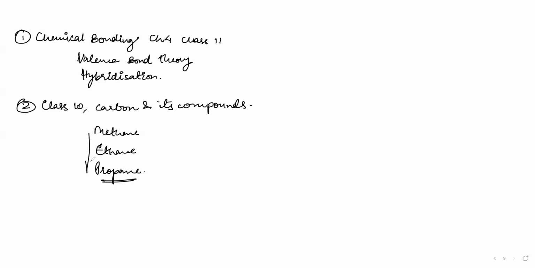Correct? You have all these series that you have to learn. Fine, because I can also take this class, but it will again take so much time. If you are not able to draw methane and ethane structures, you will have difficulty in class 12th, because this is 10th standard. So just revise it and you will get it in, I will say, half an hour. If you know that, then how can you make wrong structures?